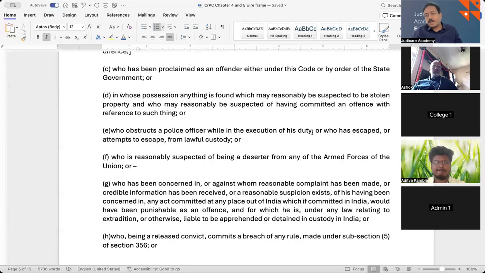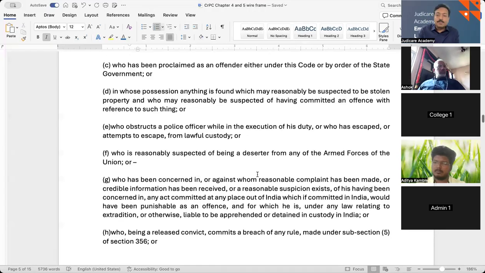Now, if the police officer has gone for some kind of execution of duty and somebody is prohibiting him, that person could be arrested, or who has escaped or attempted to escape from lawful custody, or somebody was supposed to be arrested and has run away. So in both the cases, subclause E talks about that. F talks about who is reasonably suspected of being a deserter from any of the armed forces of the Union. So somebody who has left the armed forces without intimating the armed forces, without going through the proper process of relief from the organization. If a deserter is found, that person also could be arrested because it's a matter of